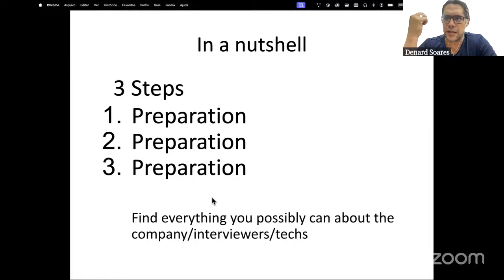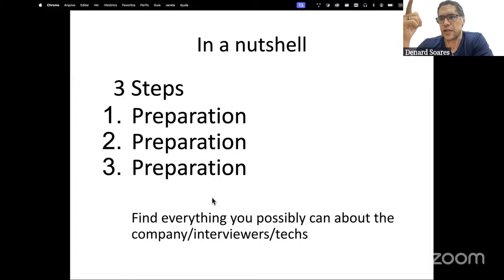And it also holds true for the English part. You must think about what you're doing beforehand and create your responses, your phrases, the technical terms. You must spend a great amount of effort preparing for the English part and for the system design technical part. Okay, so the main takeaway that I can give you is this: prepare and prepare and prepare.